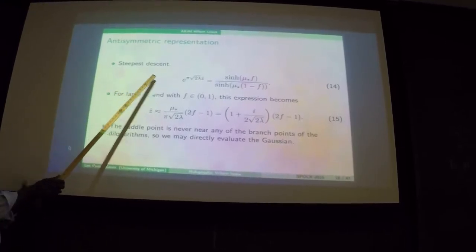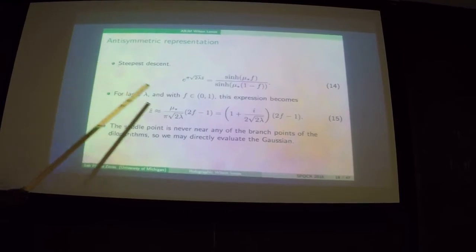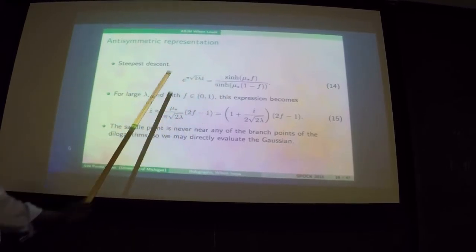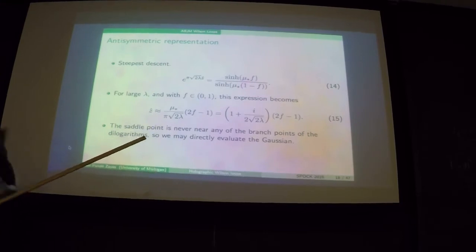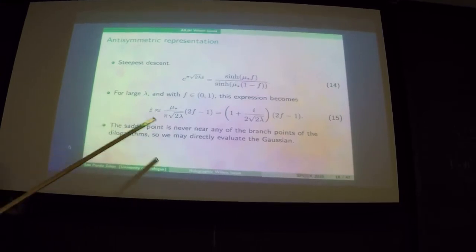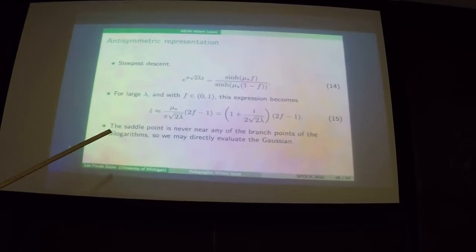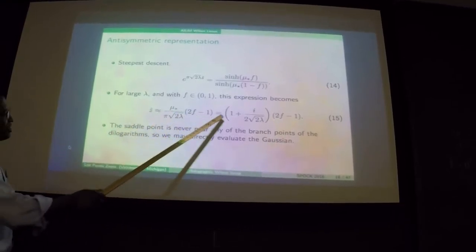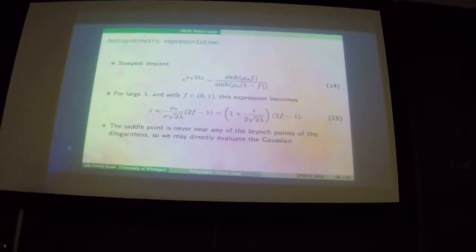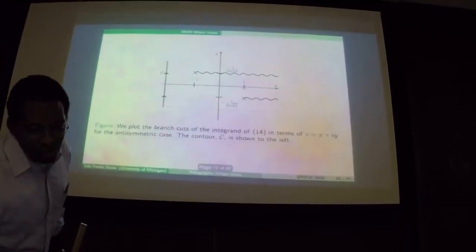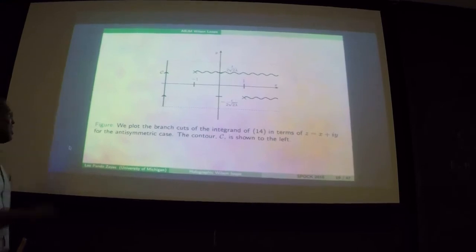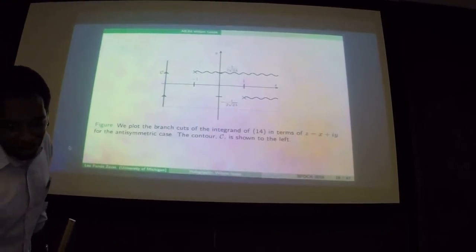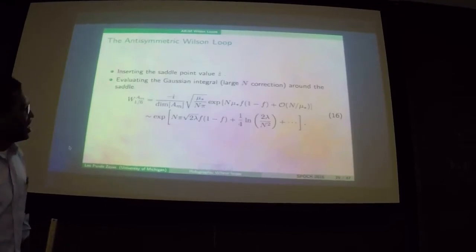And again, if you do it for the antisymmetric representation, this is the equation that you get. You can try to expand for large lambda, because that's precise. I already assumed that rho being a constant was already large lambda, so I want to be consistent, go to large lambda. This is my expression. And I can compute, and okay, so the dilog has some cuts, so I have to be careful, but for the antisymmetric case, it's very simple. Here's the answer,